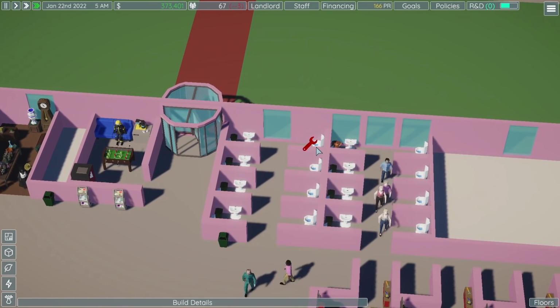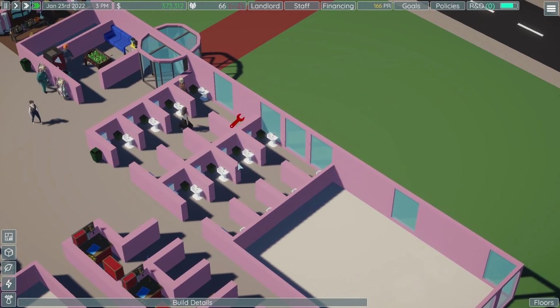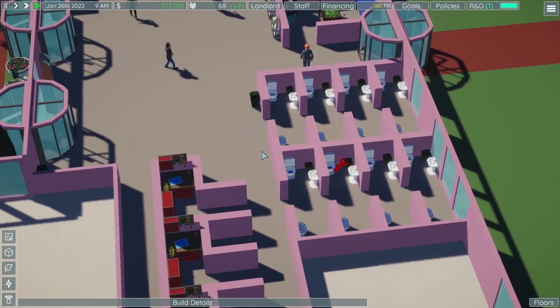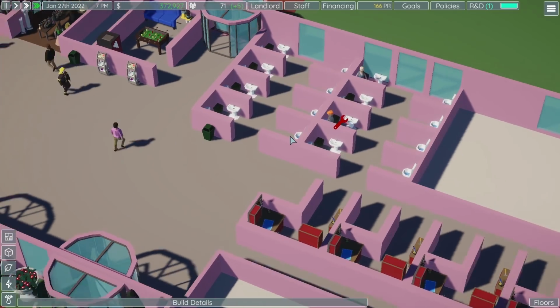Engineer man, where are you? Is everybody using the same toilet? Where's the engineer? Engineer, you have one job. Please fix this toilet. And why are lots of people on this toilet just here? They all go to the same toilet. That's very strange. Okay, do you know what? Whatever. The toilets also don't have...